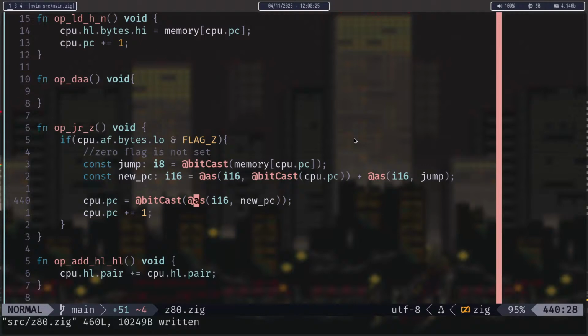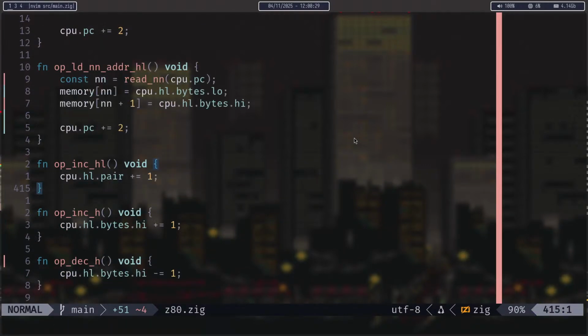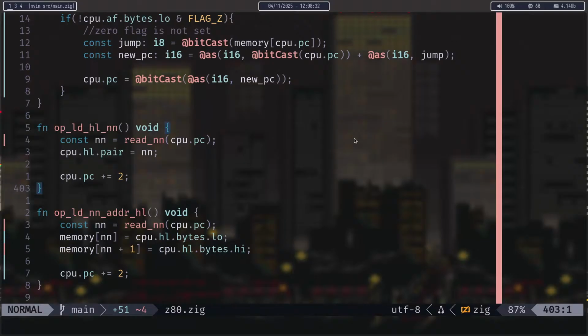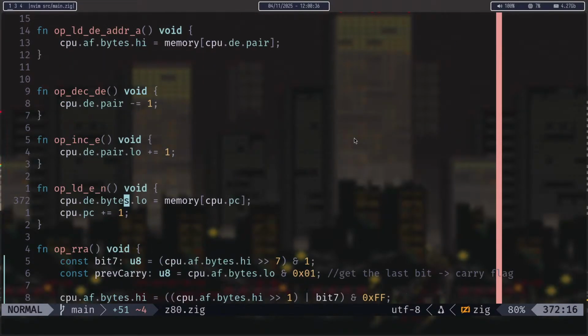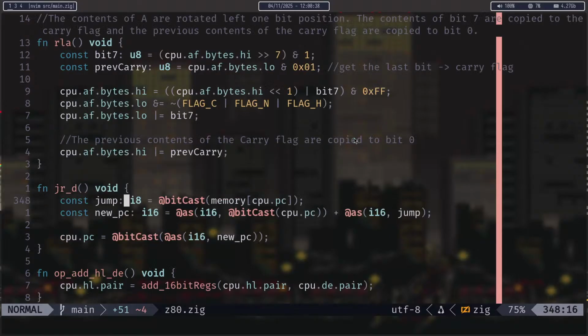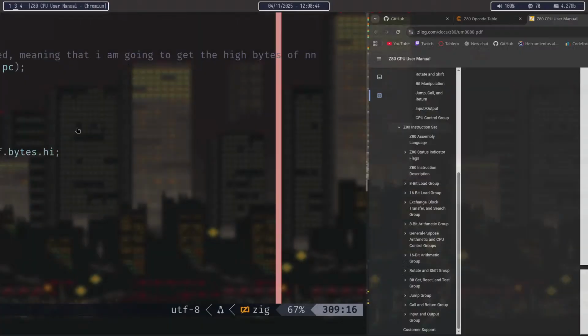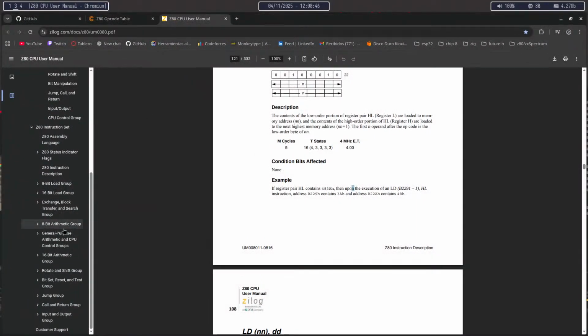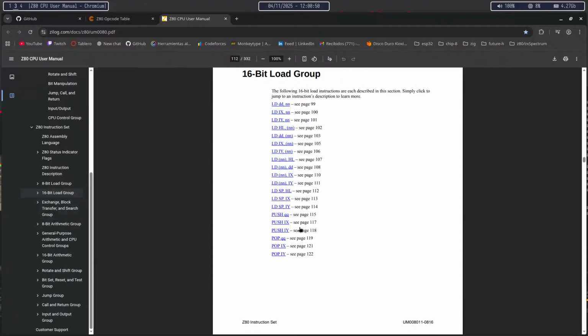Actually, now I should probably take a look at all of these different functions. This is fine. This is fine as well. This is what I just changed. This is fine. This is fine. Okay. So LD. Is it in the 16-bit load group? Load group. Does not seem like it. So it must be in the